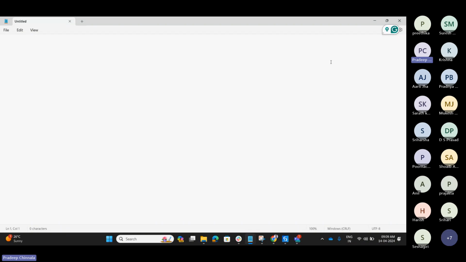So for these kinds of things, for each project we are interacting with Excel, with the Excel data, right? So that's the reason this concept is very useful when you are working with any real-time project. You should know the basics of how to do the automation using Excel, and what kind of activities and functions we can perform on Excel, before starting the automation. So let me quickly open